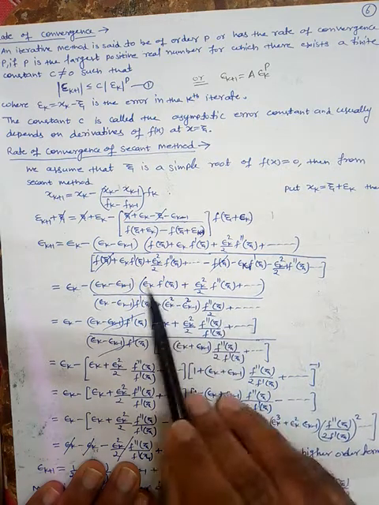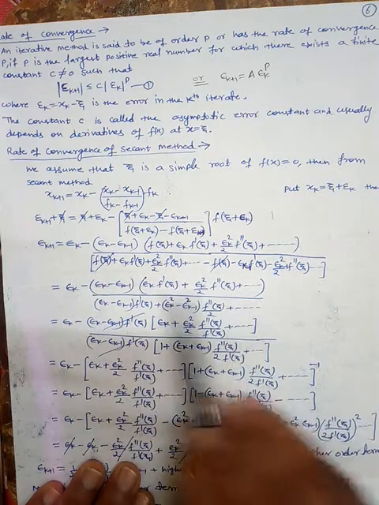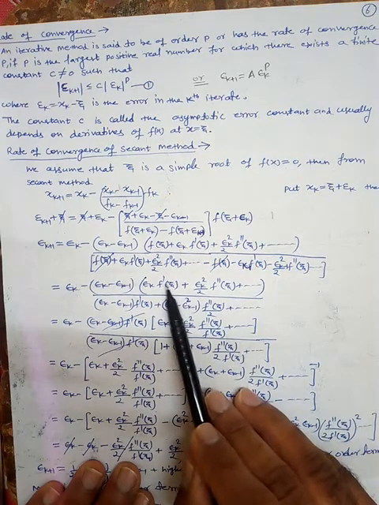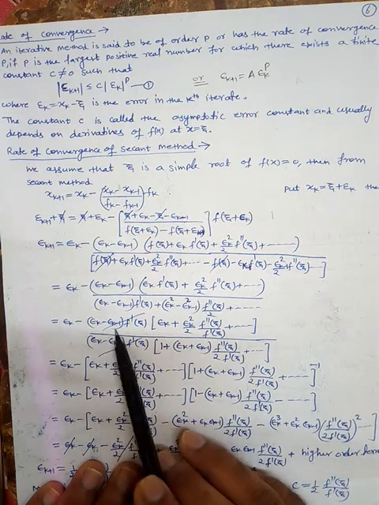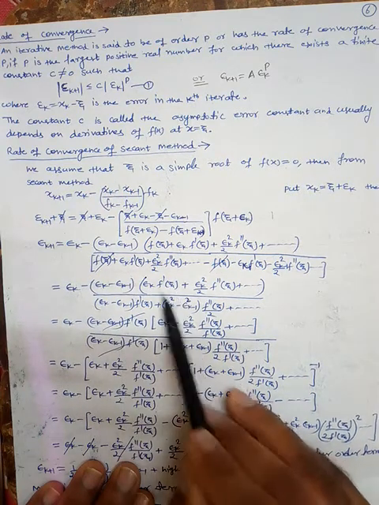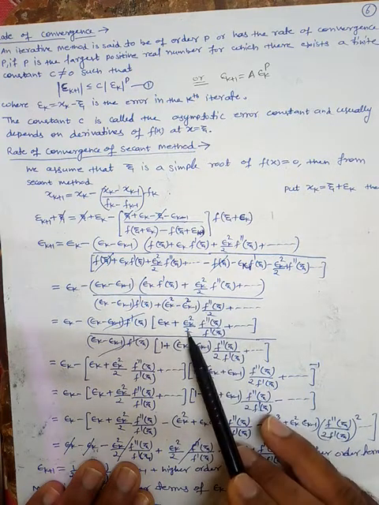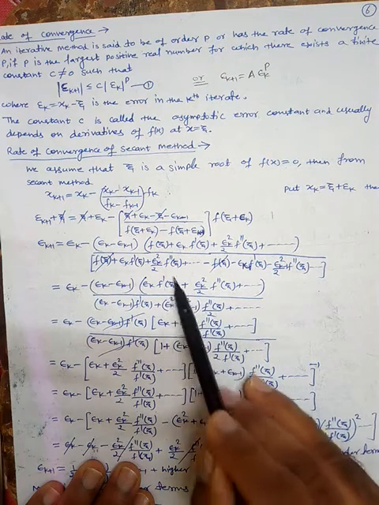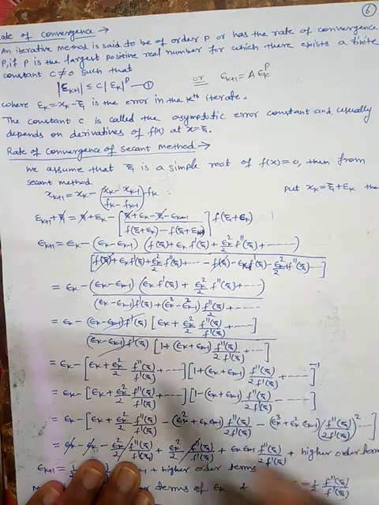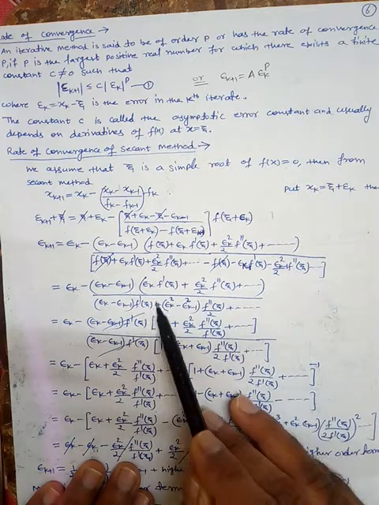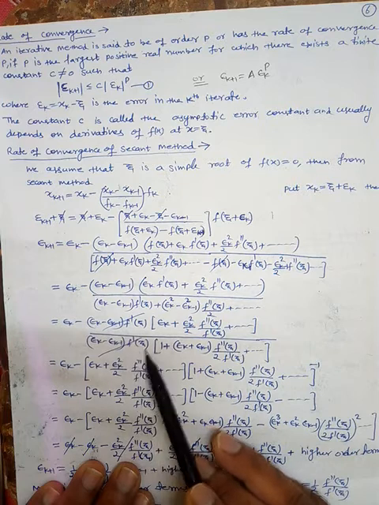Okay, now from the numerator part, you will see that in this term here, if you take f dash xi common, what will we get? We will get epsilon k minus epsilon k minus 1 into this quantity, and then the remaining one is epsilon k plus epsilon k whole square by 2, second derivative, and since you have taken this quantity as common, this is divided here. Okay, plus and so on, divided by, from here you can take this quantity common, so epsilon k minus epsilon k minus 1, first derivative of xi common.